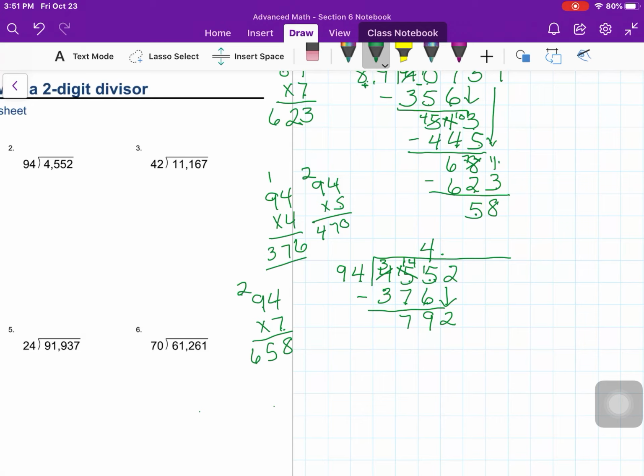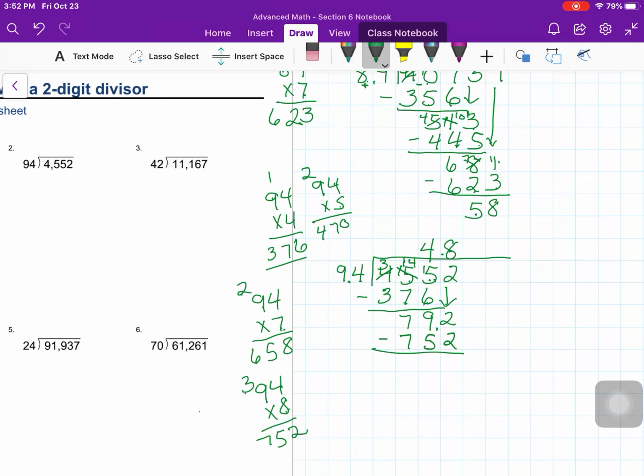That gets me closer. Let's try 94 times 8. 8 times 4 is 32. 9 times 8 is 72, plus 3 is 75. That gets me even closer. So 94 goes into 792 8 times. And 8 times 94, it's right here, is